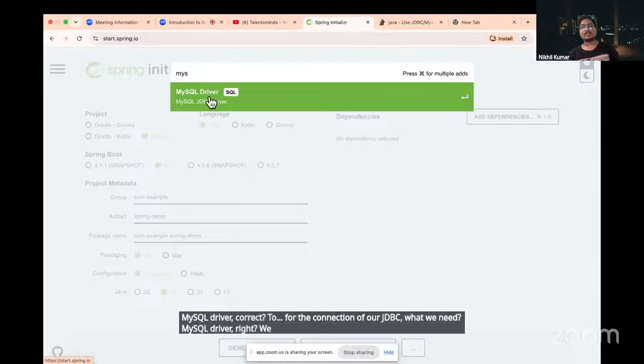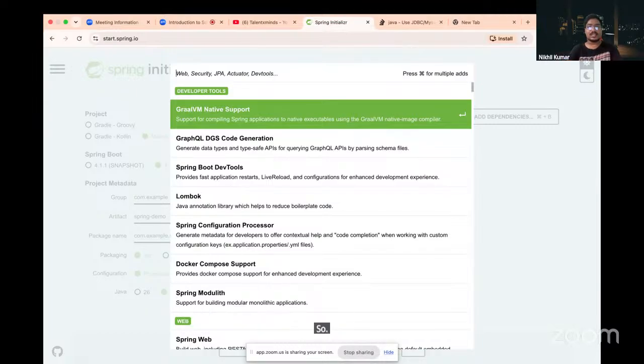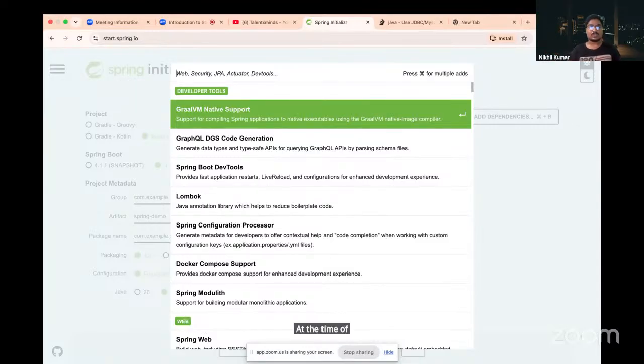We can directly use it from here. If we select it, it will be automatically installed in our project. So using this Spring Initializr, or we can say using the dependency developer tool, we can directly install the dependencies at the time of initialization of our project.